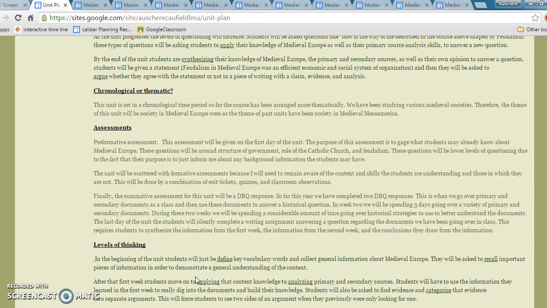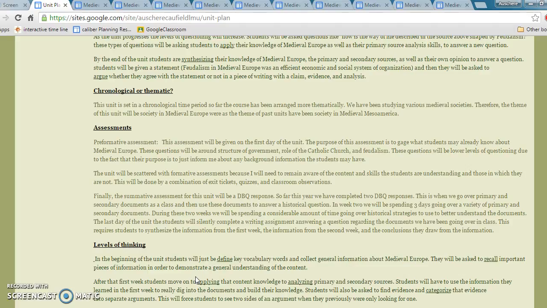There will be a performative assessment in the beginning of the unit. It's a super short quiz that has super simple questions about really basic knowledge regarding what is feudalism, why is it medieval Europe, and what was the event that caused medieval Europe, things like that. There will be formative assessments throughout the unit, such as exit tickets, quizzes, classroom observations, and finally,